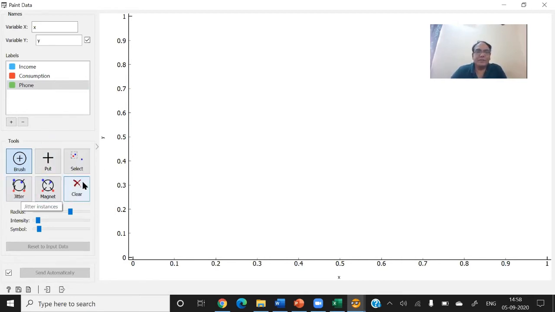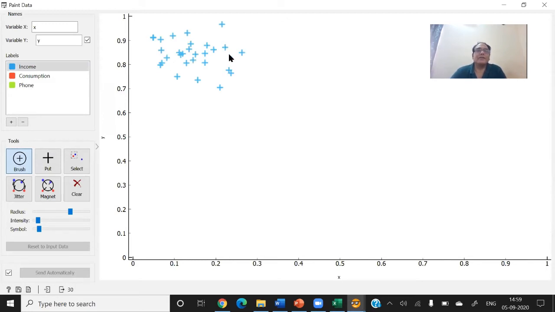These are the different options for painting the data. Let's say I divide the income into 3 categories first. So I click on income. If I click on income, it means I am creating a data file for income. Let's start from here. You can see that I am creating them one by one, or you can take the brush, which creates the data very fast.